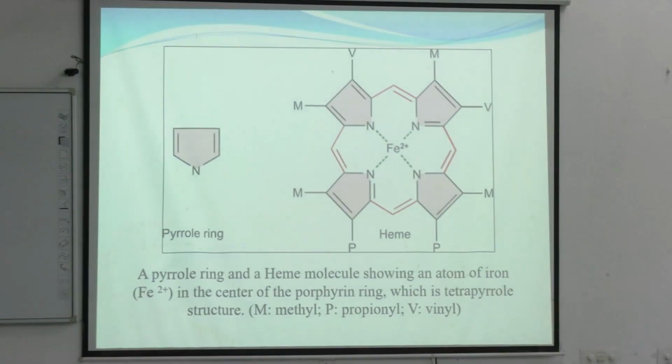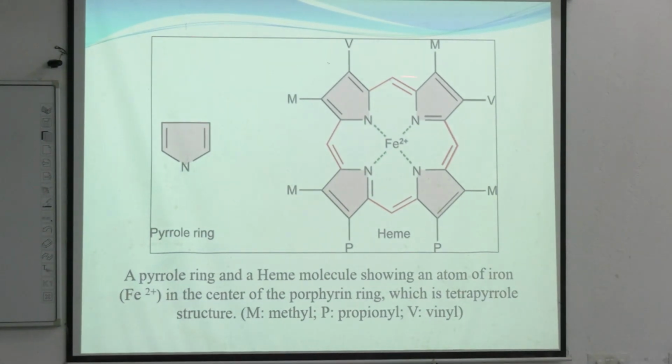And you can easily assess, it is a tetrapyrrole ring structure with a central iron molecule in the ferrous state, which is in coordinate bonds with the nitrogens of the pyrrole rings. So this is the structure of heme. Clear to everyone? The structure of heme, how it is formed and how it looks.